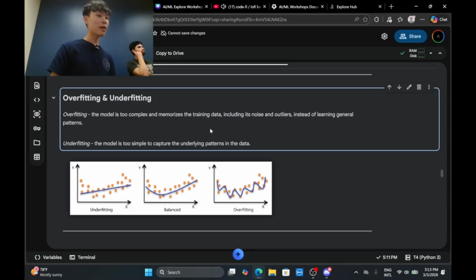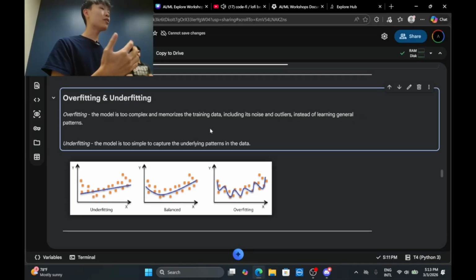So it's very dangerous for the model to do that, because if we give it new unseen data that it hasn't seen before, most of the time it's going to perform very badly, because it memorized the training data, and we give it new data that was not in the training data set.